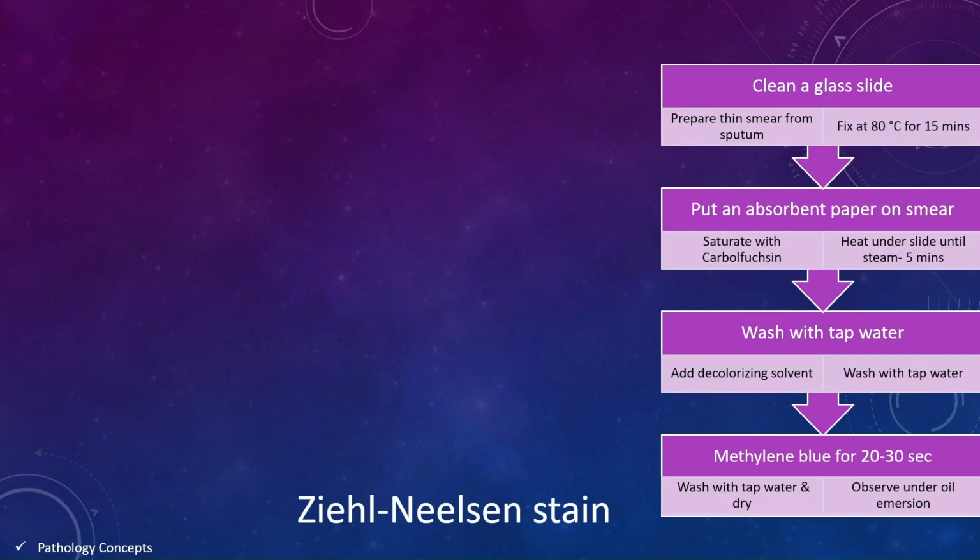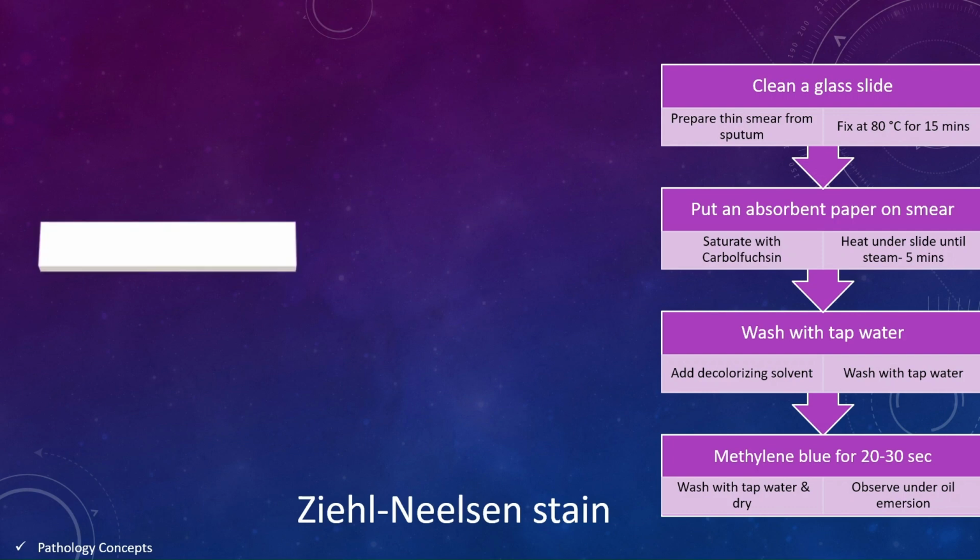Now let's learn the procedure of sputum examination, which is AFB staining or Ziehl-Neelsen staining. Take a glass slide and clean it with a gauze piece. Prepare a thin smear from the sputum and fix it at 80 degrees centigrade for 15 minutes. After that, put an absorbent paper on the smear and saturate it with carbol fuchsin. After that, heat under the slide until steam appears